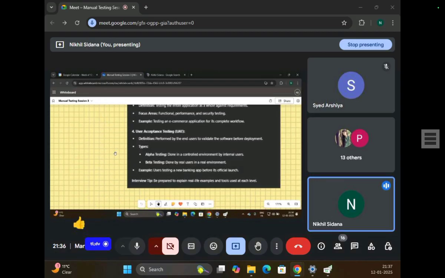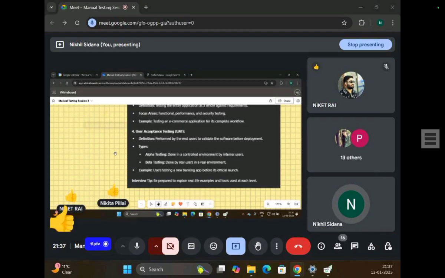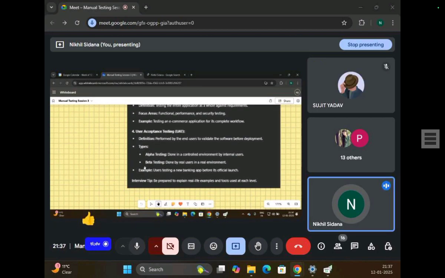And then there is beta testing. Have you guys seen in the Play Store that for some apps it is written that this is a beta version of the app? Give me a thumbs up if you have seen this on the Play Store. Yes, sir, I have also. There is a beta version written there. A beta version is for beta testing, which is done by real users in a real environment. Beta testing means the product is still in the testing phase, hasn't been released completely, but a testing version is released for users, so users can use it, test it, and give feedback. On the basis of feedback there will be improvements. Give me a thumbs up if you understood this.